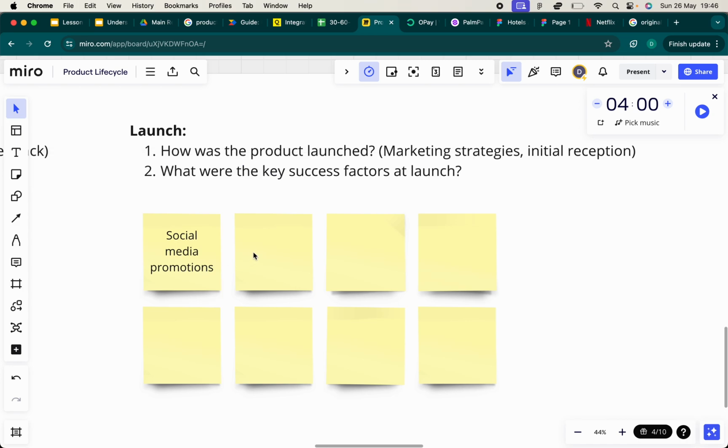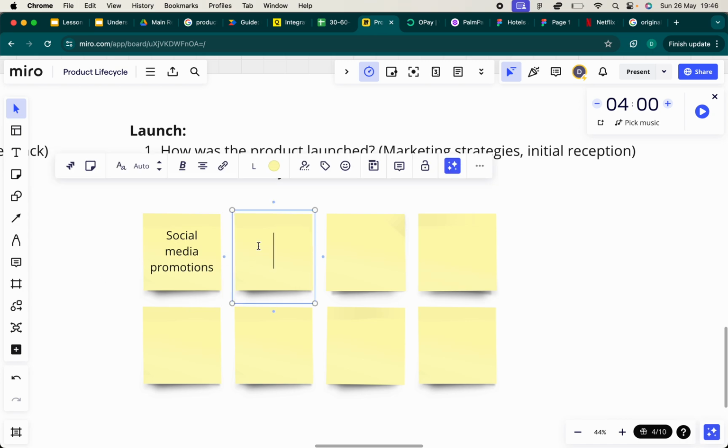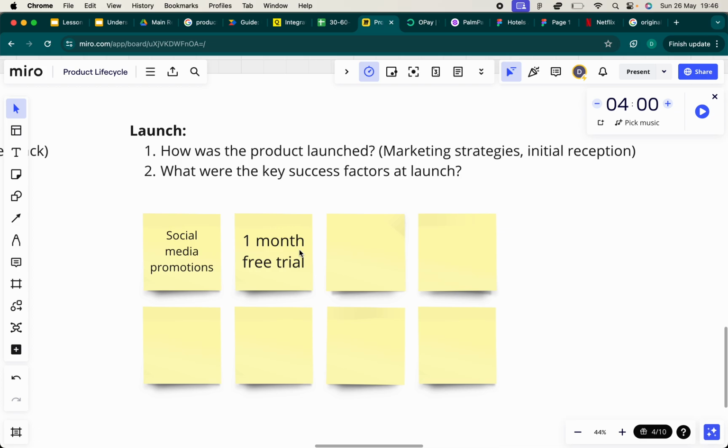And the initial strategy used to be, you will get a 1 month free trial. This is what it used to be. You get a 1 month free trial, so you can effectively use it for free for a whole month. And most people used to do this, and after the month they will cancel because they didn't want to pay, and they'll use a different email address and sign up for another free trial. So all you needed to watch Netflix for a whole year is 12 different emails, because if you bring a different email address to sign up, you will get free access again. Another email, free access again.